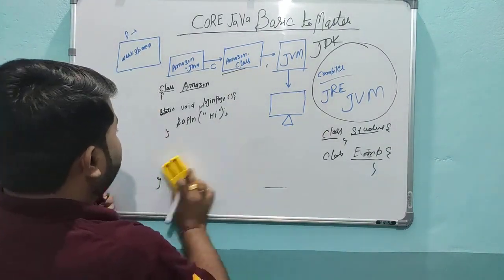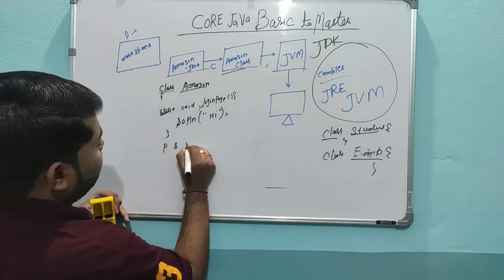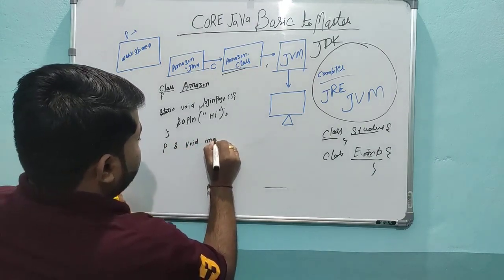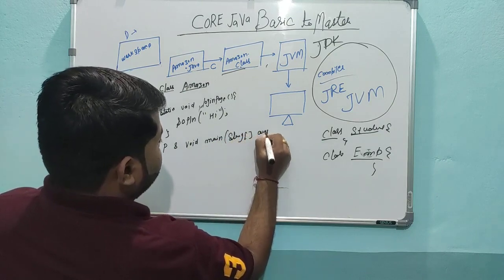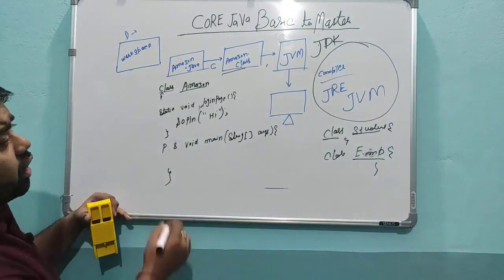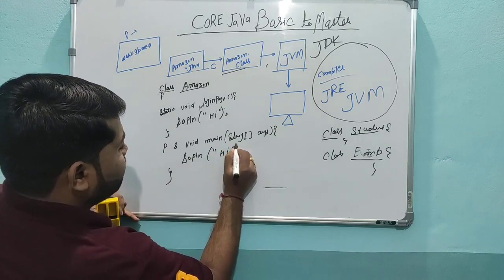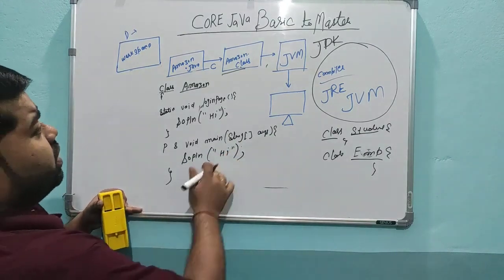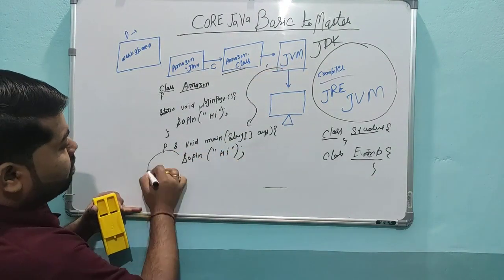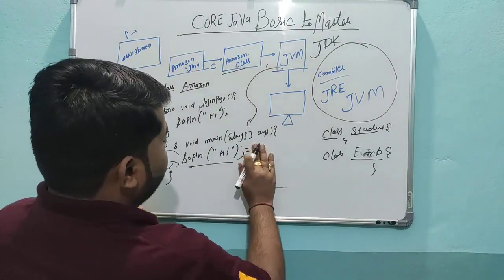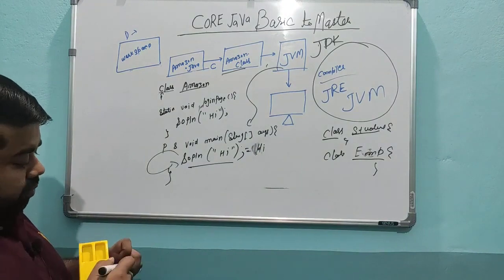So here I am going to explain the main method. Public static void main, String args. If we write sopln hi and compile this code, the JVM will check where your main method is, the control will come inside this main method and it will get the output hi. But the question is why we require the main method.